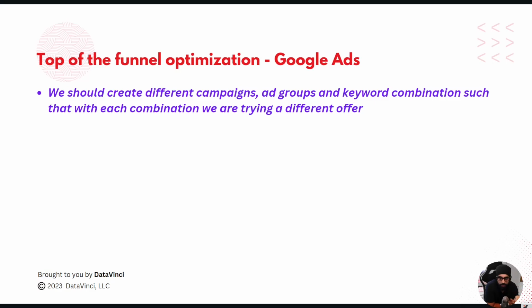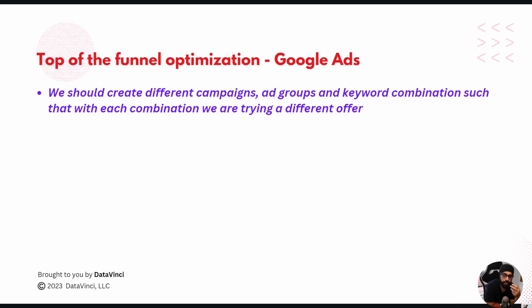They will search a query and they can open multiple tabs at the same time, and they will just skim through one tab at a time, and whichever seems the most convincing to them, they will go ahead and engage with that one more. Okay, so you need to understand that for which campaign, ad groups, and keyword combination you